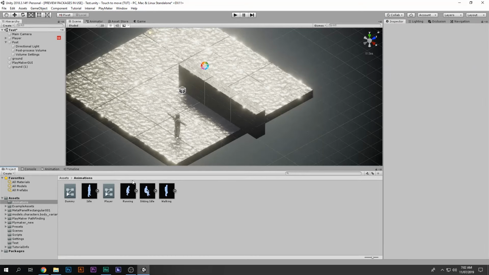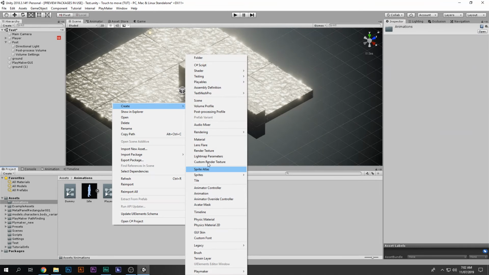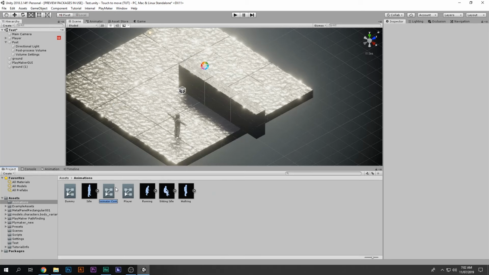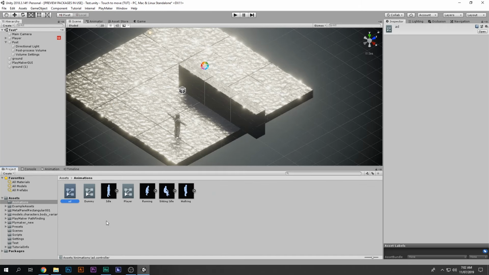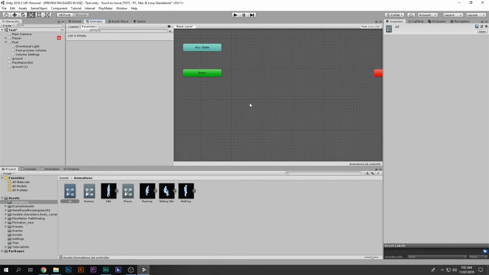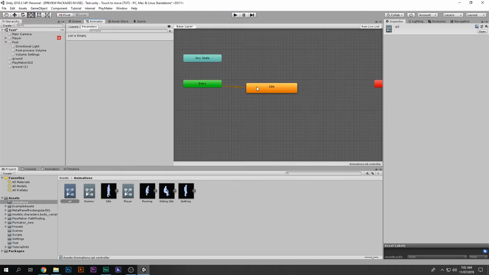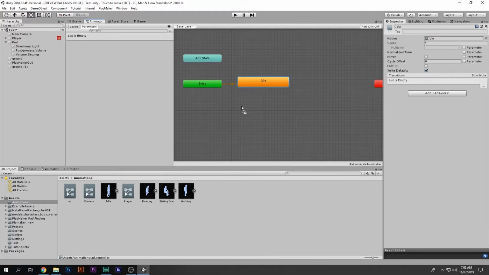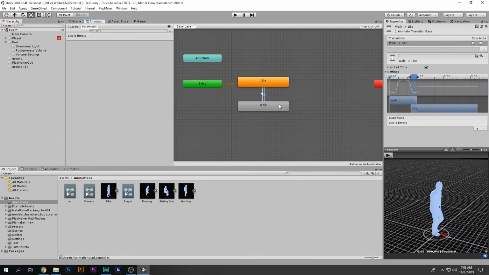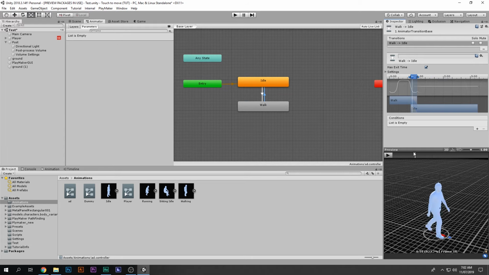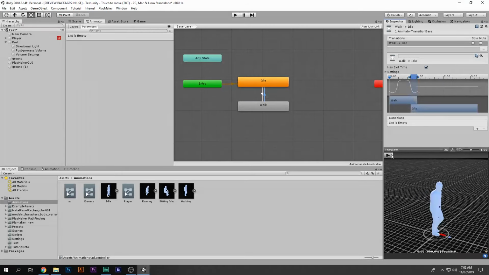So that's pretty cool. Now what I'm gonna do is I'm gonna go ahead and right click, create an animator controller. I already have 2 of them, but I'm gonna make it for you. I'm gonna just call it anything, I don't want to type in again. And go ahead and drag and drop the idle animation in there, and then also drag and drop the walking animation in there. And then make it transition from idle animation to walk animation, and then walk animation to idle animation. And I want to transition from this animation to that animation on some condition, so we have to add a condition. I'm gonna go ahead and press this plus sign, and then go ahead and